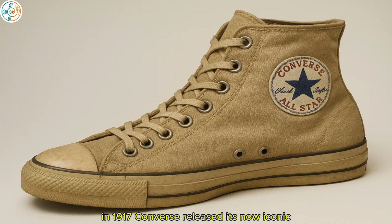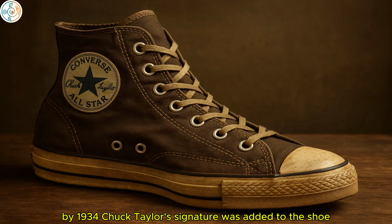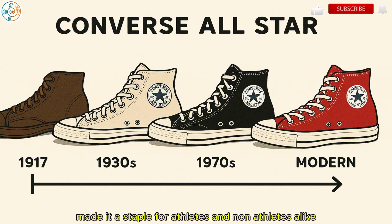In 1917, Converse released its now iconic All-Star basketball shoe. Originally designed for basketball players, the All-Star became synonymous with the sport, and its popularity only grew over the decades. By 1934, Chuck Taylor's signature was added to the shoe, cementing its place in sports history. The All-Star's simple yet effective design, featuring a canvas upper and rubber sole, made it a staple for athletes and